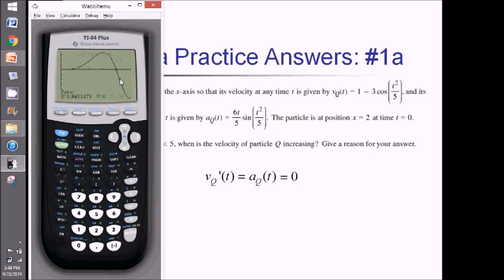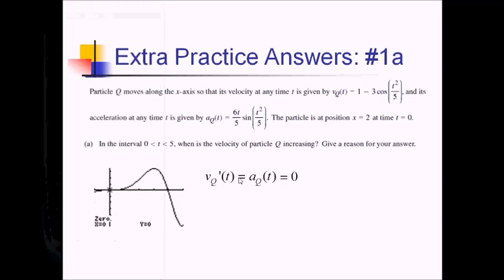That gives me about 3.963 if I round that off. So that's the time at which the acceleration is exactly 0. Now looking at this graph, which is just a picture of what I have on my grapher, I notice that my acceleration is positive, above the x-axis, between 0 and